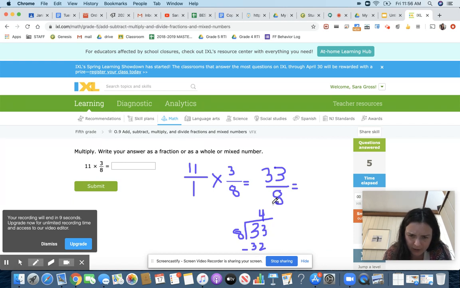So 33 minus 32 is 1. 1/8. Okay, so my answer would be 4